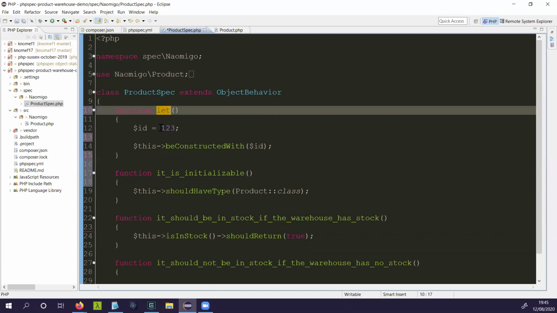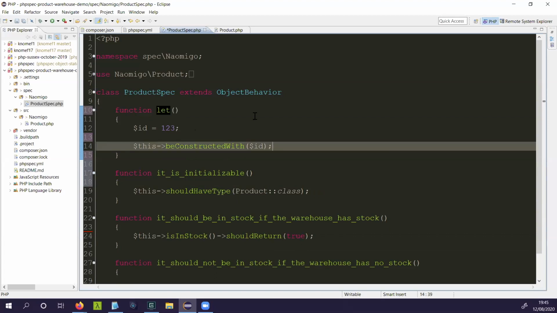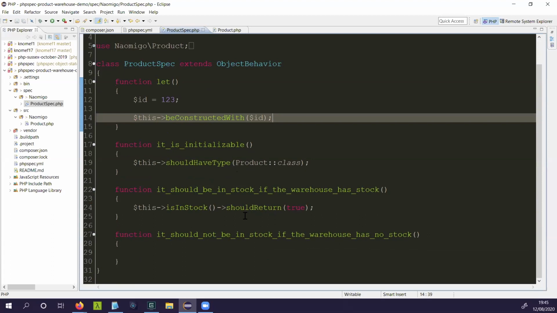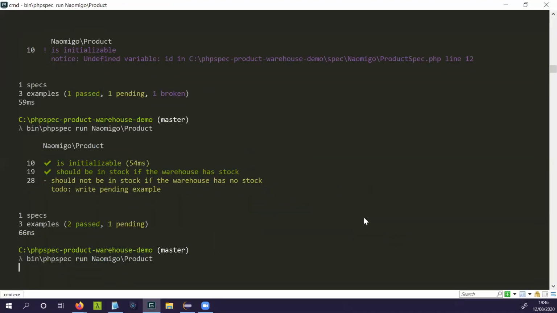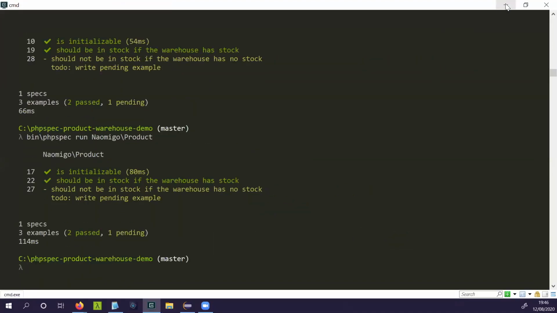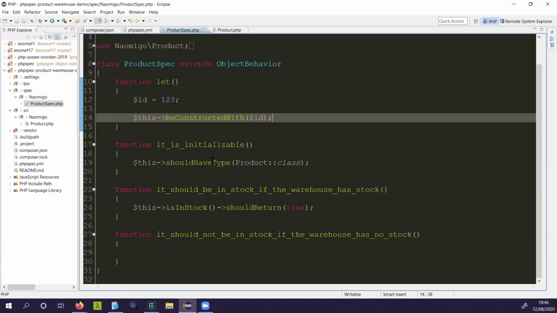It says, let this be constructed with ID, which is, again, language is subtle, but it's really cool how it does that. So let this be constructed with ID, and now we should still have passing tests, because essentially all we've done is refactor our spec, which we do. Okay, so we know that we've constructed our class with ID,